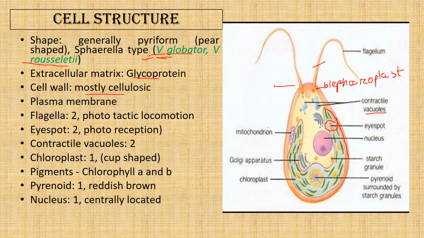All the flagella of all the cells in the colony, all the anterior cells in the colony, move their flagella synchronously, so that the movement occurs towards light, and movement is just like a rolling type of movement. So this eye spot is the sole organ responsible for the photoreception, which in turn causes movement of the colony.